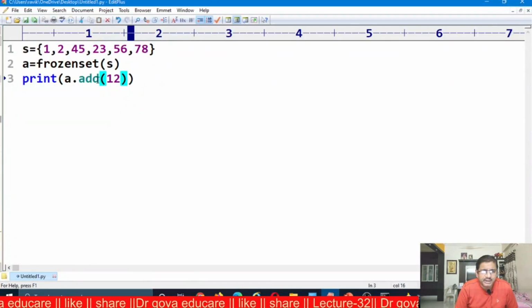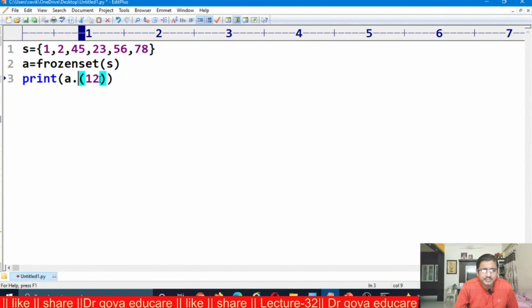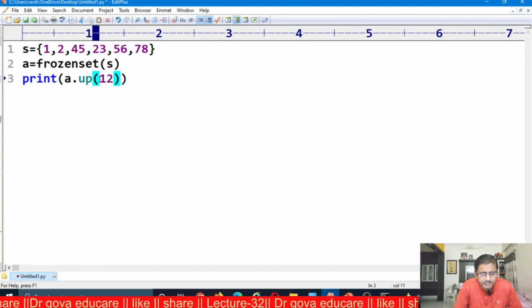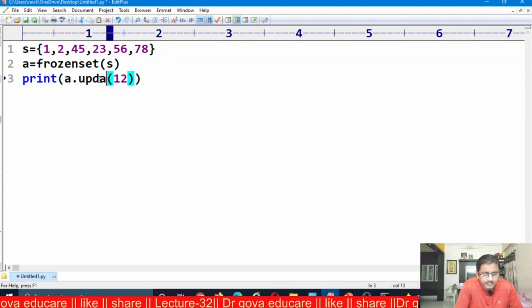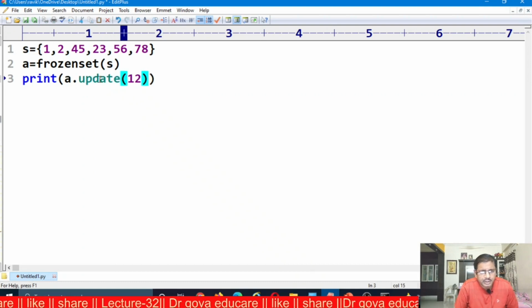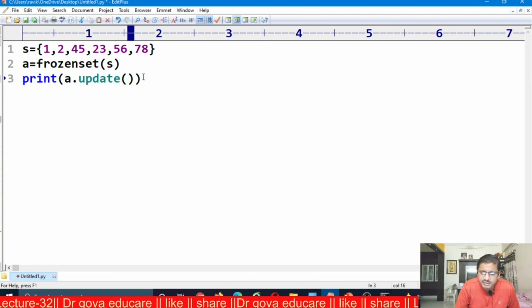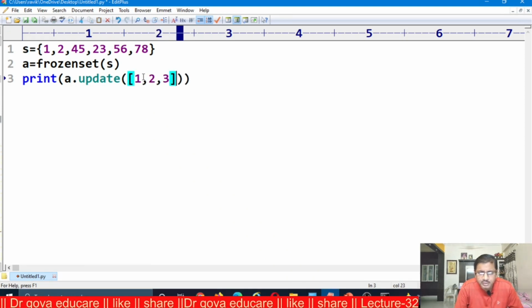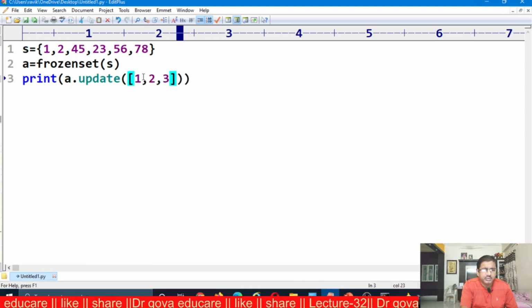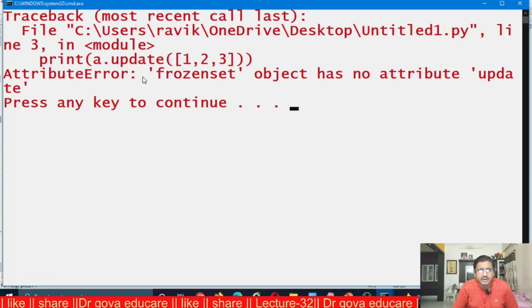Similarly, update. Update of the list. We get an attribute error: frozenset object has no attribute update.